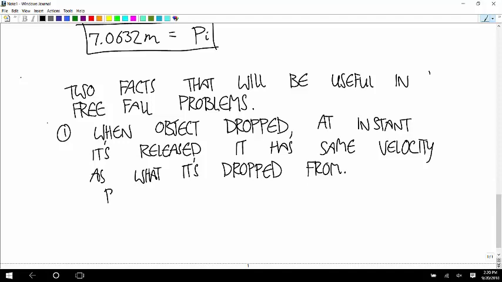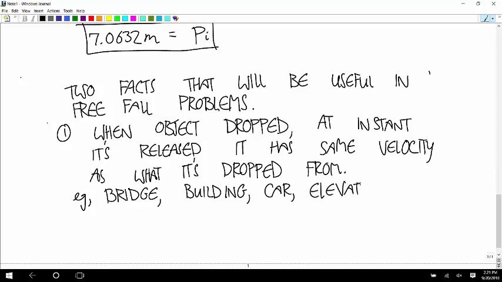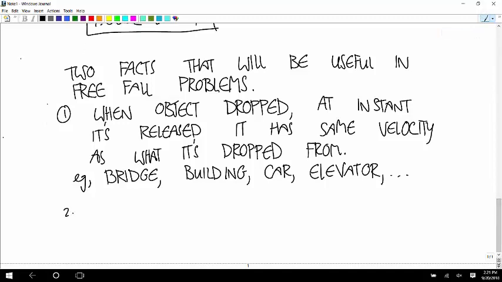So, like for example, bridge, building, car, elevator, whatever. These are things that'll come up in problems. And when you let go of the thing, at that instant, its velocity is whatever the thing's velocity was, the vehicle's velocity was. The second fact that's going to come in handy is if an object